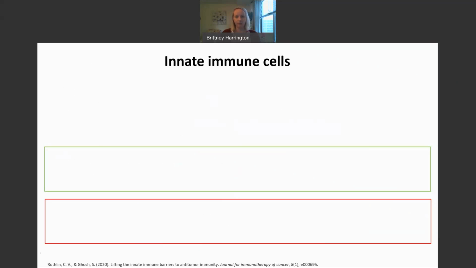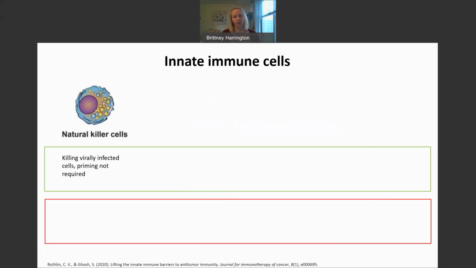So the innate immune cells that I'll be covering, to overview, natural killer cells. These cells are so named because they don't require prior priming by other immune cell types, and their main role in normal immune function is to kill virally infected cells and cells that are stressed. But in cancer, their activity and their function can be modulated